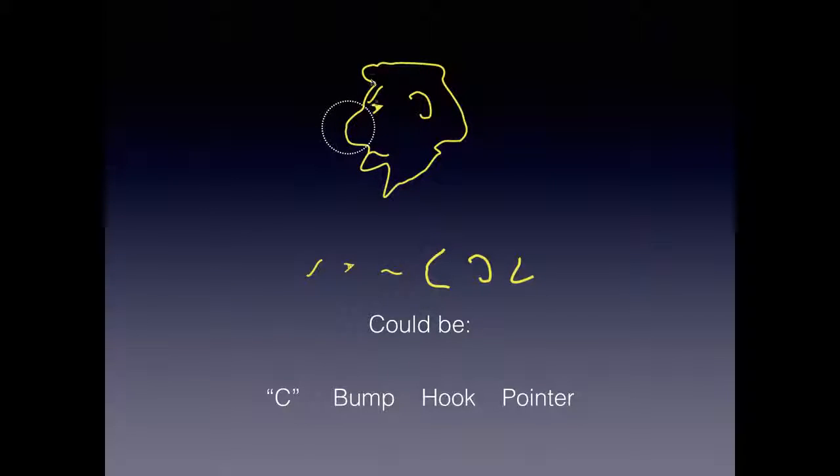If you separate the components of the head, it could be eyebrow, eye, nose. It could be the C bump, just looking at the C bump, hook, or pointer. So you select only part,